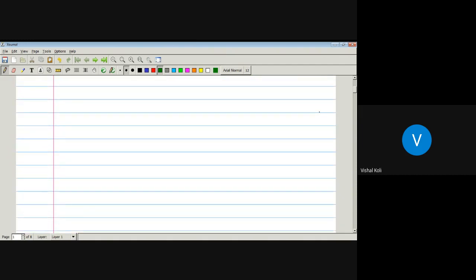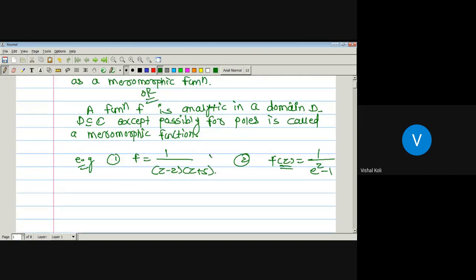Now we have to see what the relation is between an entire function and a meromorphic function. Each entire function is a meromorphic function, but the converse need not be true, since an entire function means it is analytic in the whole complex plane. A meromorphic function means it is analytic everywhere except at some finite number of points; maybe it is analytic on the whole domain. It means every entire function is a meromorphic function, but the converse need not be true, and that one is the example of the converse part. That is, this function is meromorphic, but it is not an entire function since it is not analytic on the whole complex plane.